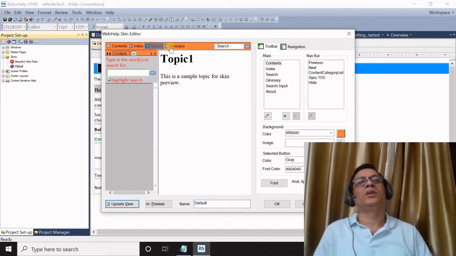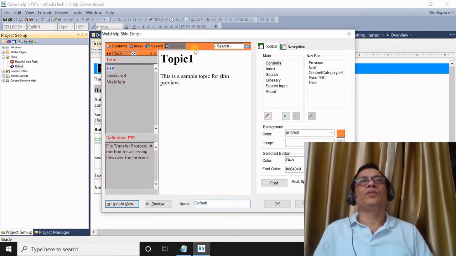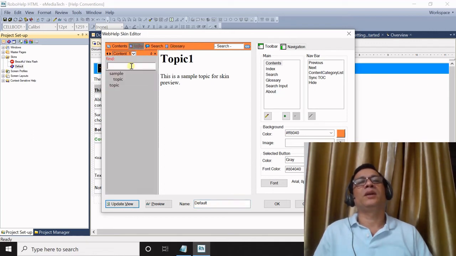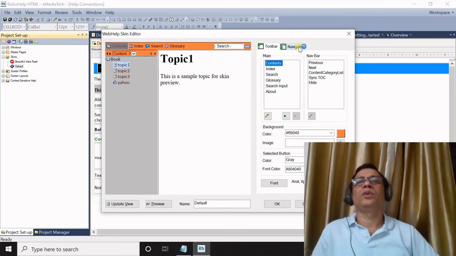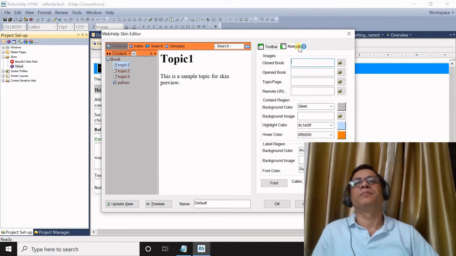Now I have shown you how to change the background color, then the button color, and then the font design for these tabs or buttons. Now go to this navigation tab.